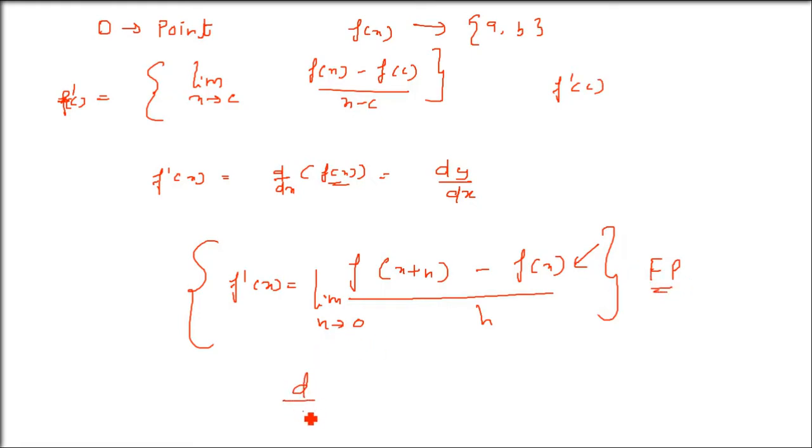So whenever you are asked for d by dx of some function like e to the power x, you have to do it by (f(x plus h) minus f(x)) by h. This is the only way. But since we have already done this, I'm going to tell you each and every function. Whenever you do this differentiation, you don't have to do it again and again by the first principle. I will tell you all the functions one by one, and finally we'll derive that this is the differential of this particular function.